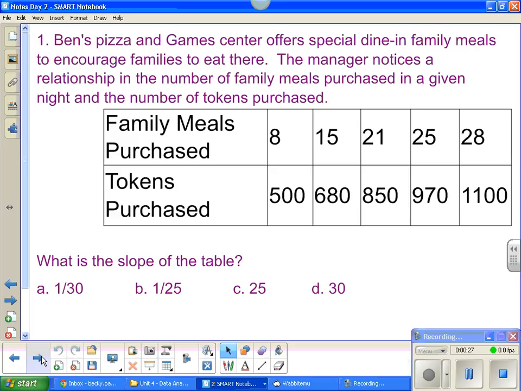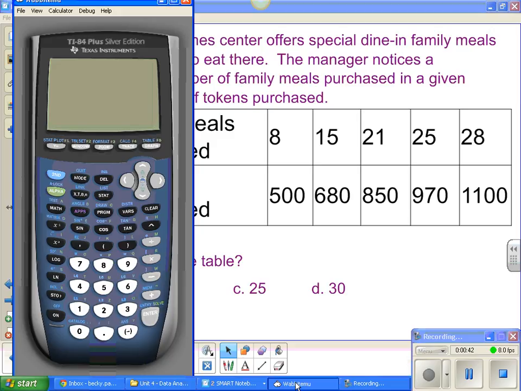Well, back in Unit 3, we could just do y1 minus y2 over x1 minus x2. But as we learned yesterday, our calculator can take this data and find us the equation of the line, which includes the slope. So we're going to practice doing it that way. So you go to Stat and Edit, and you clear out anything that's in there, and then you type in your data